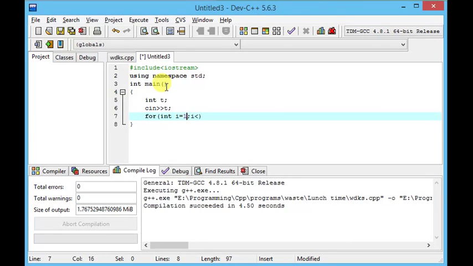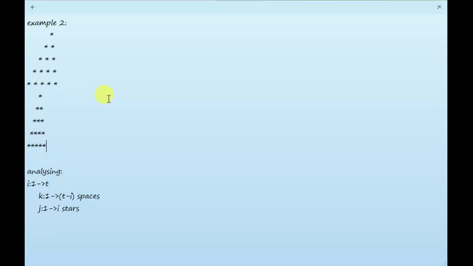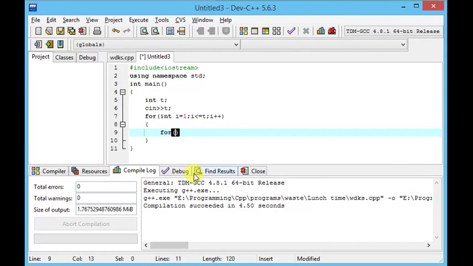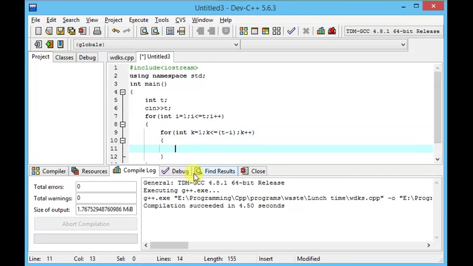For I equal to 1 to t, I plus plus. In this loop, I'm iterating as per our logic. I'm iterating k from 1 to t minus I. So int k equals 1, k less than or equal to t minus I, and then k plus plus. Here we have to print